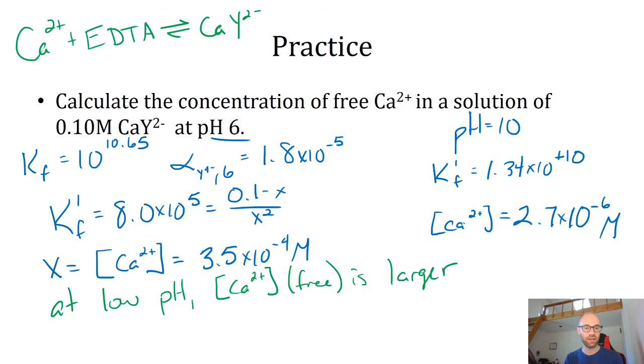So at low pHs, K prime F is smaller than at high pHs for the same metal. And for similar solutions, the lower the pH, the more free ion there is and the less bound ion there is. In other words, if you want EDTA to work well, you need to dial your pH to at least 10, if not higher. So just to finally sum things up,